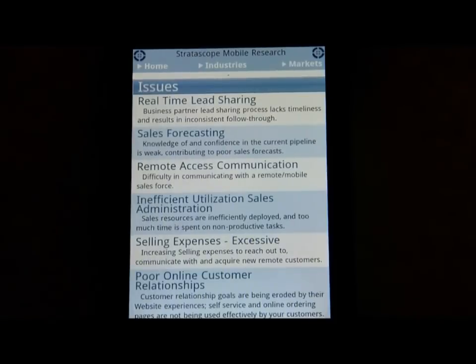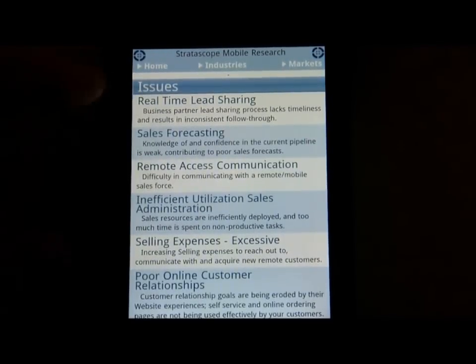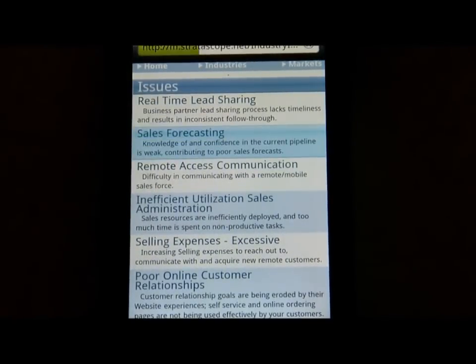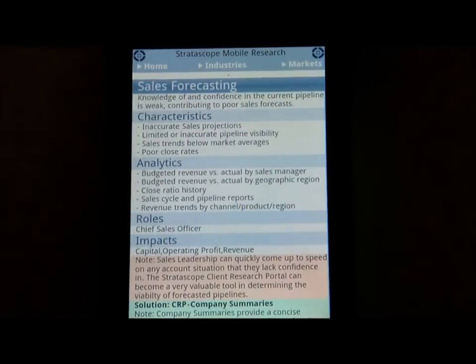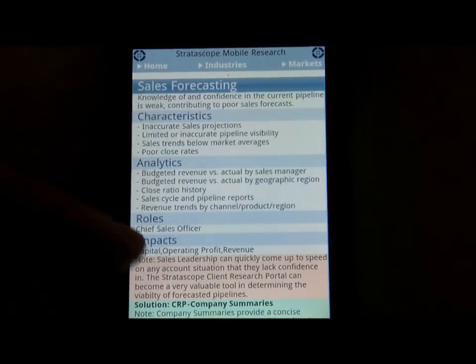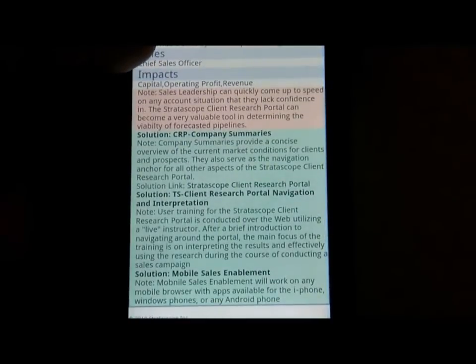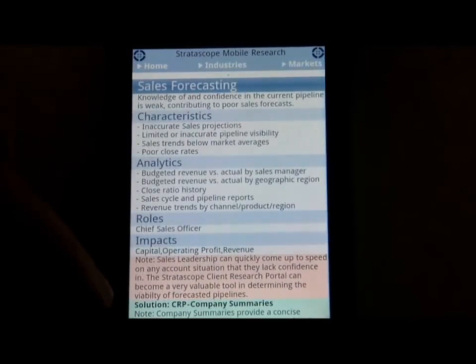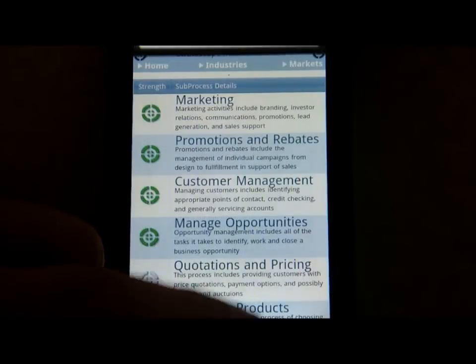And within managing opportunities, I can see some of the real business issues that chemical manufacturers have in the managing sales opportunities area. So I might go into the details of sales forecasting, which brings us right back to where we were from an issues and alignment to your solution standpoint a while ago when we were looking at Google. So we can back out of here a step at a time,